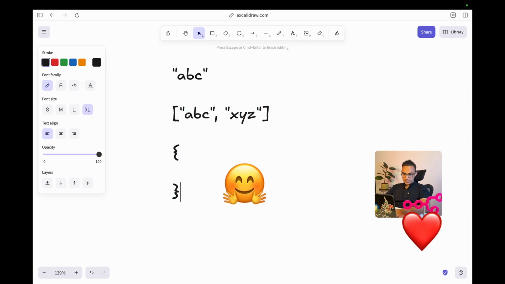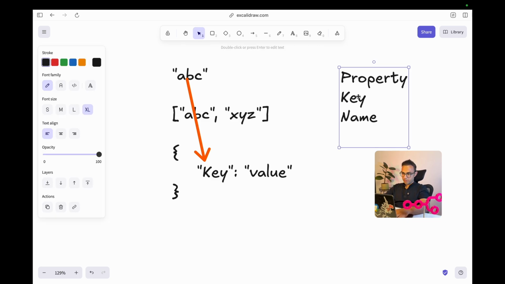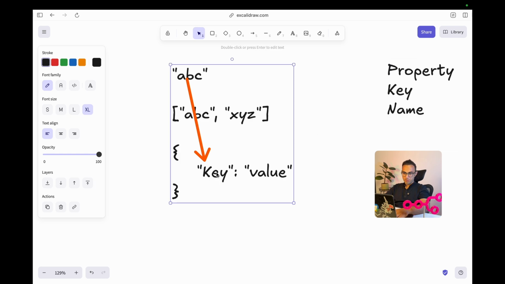Now an object can have two things. It can have a key, and I'll explain what a key is in just a minute, and that key can have a value. The synonyms of key are property, name, and there are a lot of synonyms going on there. The value could be anything.